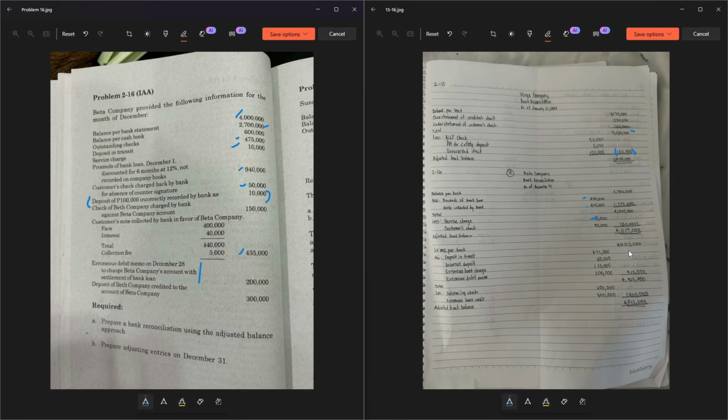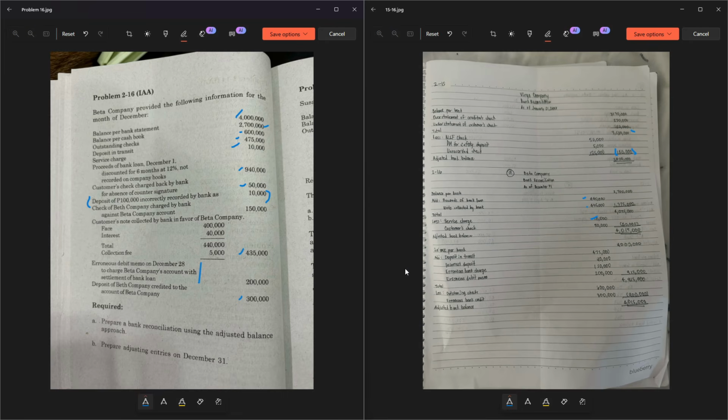And then you subtract the outstanding checks and the erroneous bank credit. So 600,000, which is here, outstanding checks, and the erroneous bank credit of 300,000. So bakit mo i-subtract yung 300,000 sa total mo? Kasi